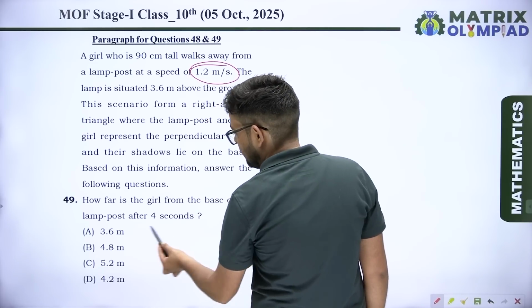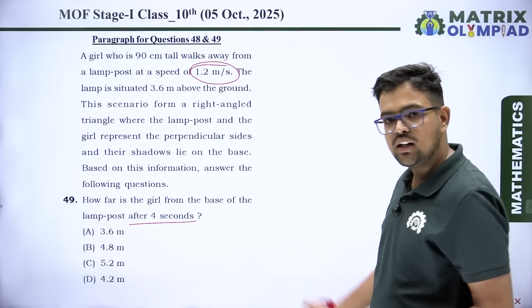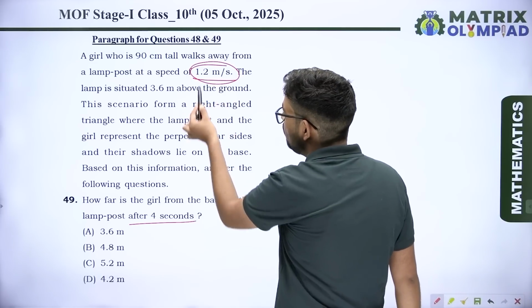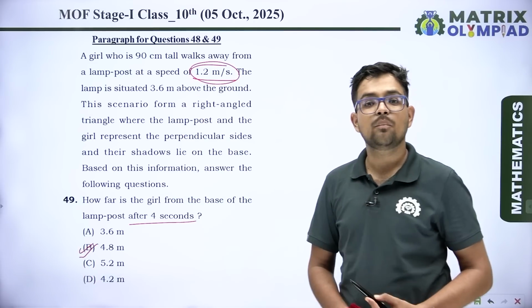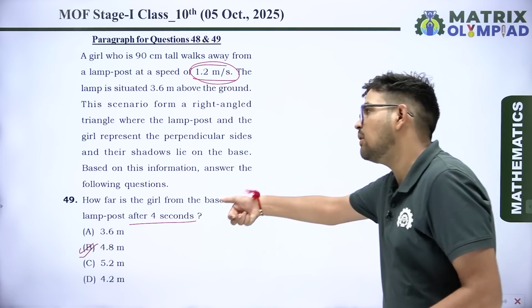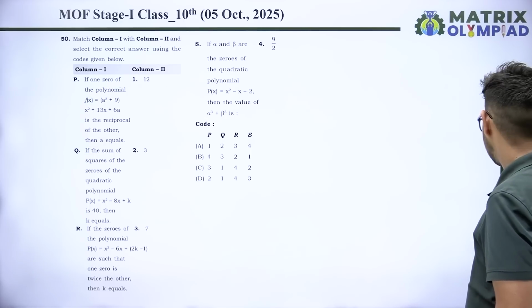अगर वो 4 सेकेंड रन करती है तो 4 सेकेंड के अंदर कितना चलेगी? वो चलेगी 1.2 इंटू 4, मतलब 4.8 मीटर। तो ऑप्शन B करेक्ट आंसर हो जाएगा। इसको अपन ने पिछले क्वेश्चन के अंदर सोल्व भी किया है और वैल्यू भी निकाली है।